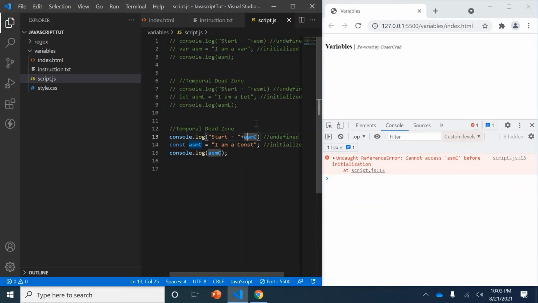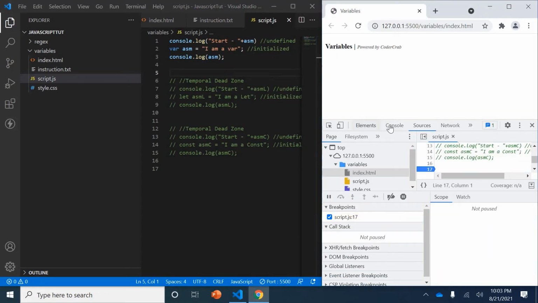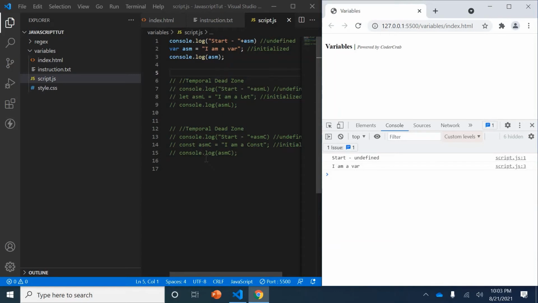So the temporal dead zone is the area before you initialize the value. There you may have undefined at script level or block level, but you will not be able to access let and const, which is not the case with var. So it's a very essential difference that we can identify. If we use this in the same manner, you can see undefined, but in these two cases we are getting a reference error. So this is the first difference.